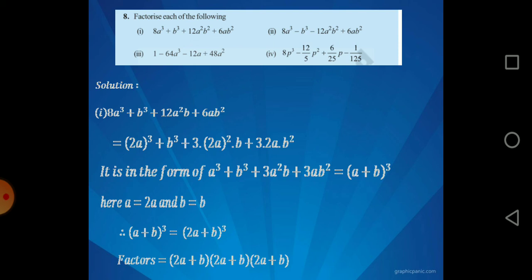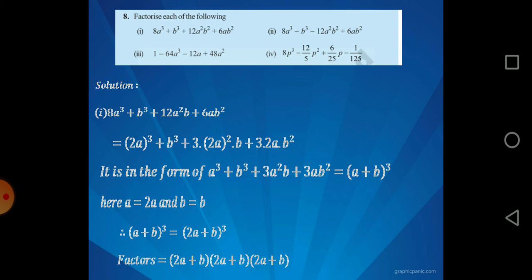After we get these 2 terms, we'll see the signs in the question. All the signs are plus. So let us try to match this expression with a cube plus b cube plus 3a square b plus 3ab square. We have got the 2 terms, a cube plus b cube. By writing the 2 perfect cube terms, we have got a and b. So we can easily write the plus 3a square b term. Plus 3a square b means plus 3 into 2a square into b.